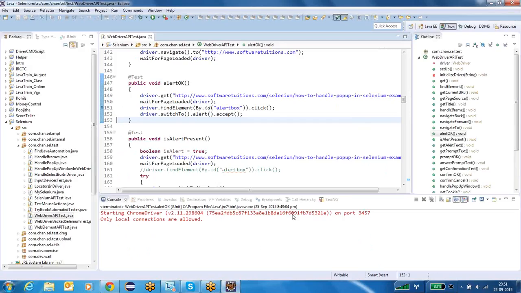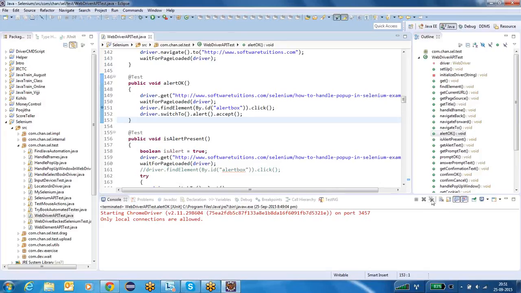Now we covered all three cases in alert boxes. First we will check whether an alert is there or not. For that we have an isAlertPresent method, which we can implement using custom code. Second, how can we read the message? We have alert.getText() that will return the message within the alert box. And the third one is to click on the OK button of the alert. How can we click on it? By calling alert.accept(). If you call accept, then it will click on the OK button of the alert box. So we have three methods to handle alert.